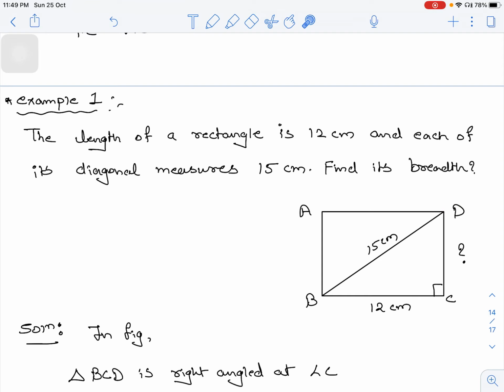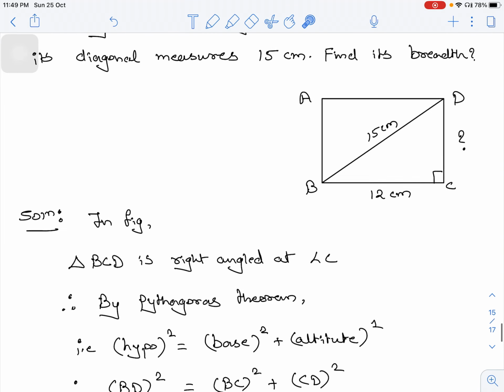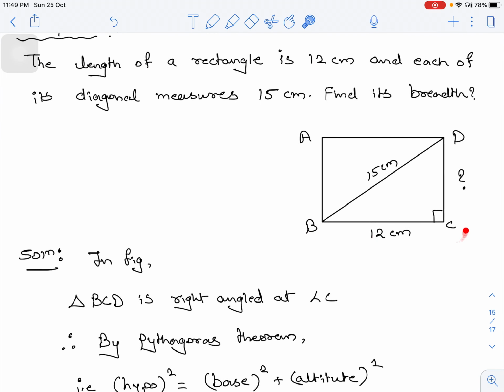Now this one will be the breadth. And the measure of the diagonal: BD is one of the diagonals, so it is 15 centimeter. We have to find the length of this DC. If you look at this figure, in this ABCD, we know that if it is a rectangle, each angle of this rectangle will be 90 degrees. So we have written here in the figure, triangle BCD is a right angle triangle,